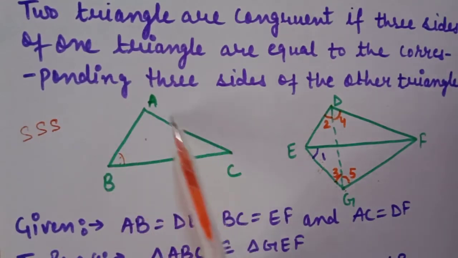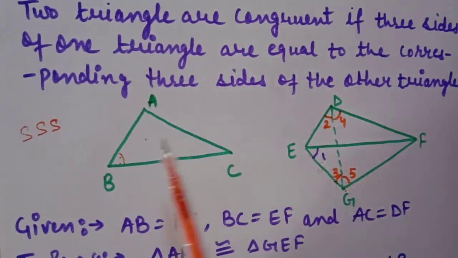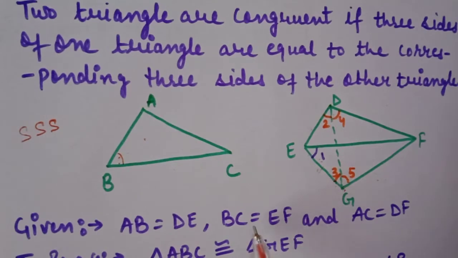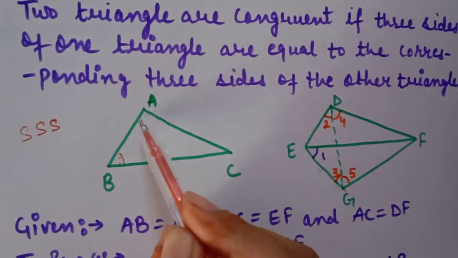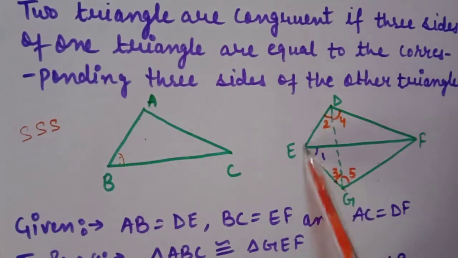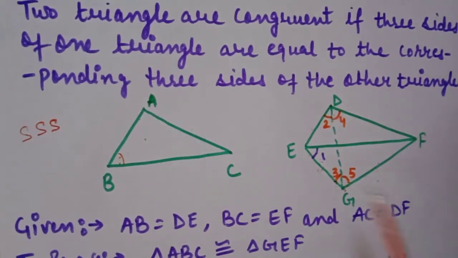Then we will take these two triangles, triangle ABC and triangle GEF. For their congruency, angle B and angle 1 are equal to each other. BC is equal to EF and AB is equal to EG. By SAS, both triangles are congruent. By the CPCT, angle A and angle G are equal to each other, and AC and GF are equal to each other. If AB is equal to this side and this side also, so they both are equal to each other. Similarly, AC is equal to this and this, both sides.